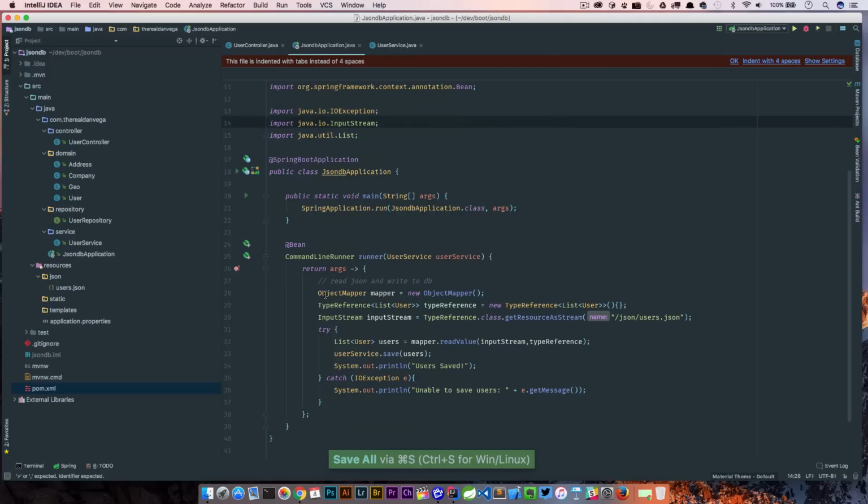Okay, so here's our object mapper. Again, this is in the Jackson package that we brought in. And then we have a type reference. We're basically saying we want a list of users, and that's going to initialize our list of users. So we're using an input stream to read the JSON file. We're going into the resources folder and grabbing